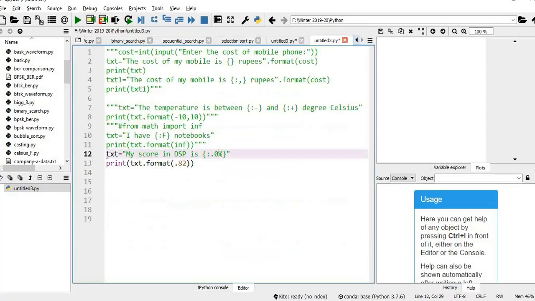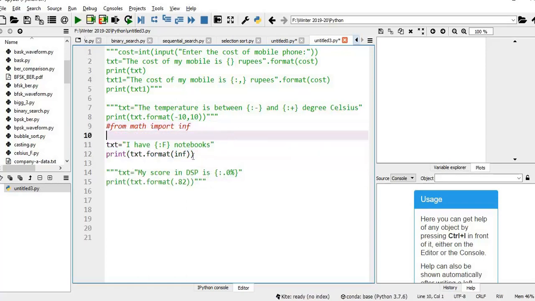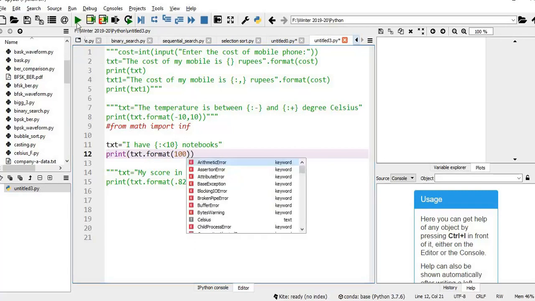Let us work out these examples. Let me comment this one. I'm just using less than, then I have added the number 10. Here I want to display 100. Execute this.